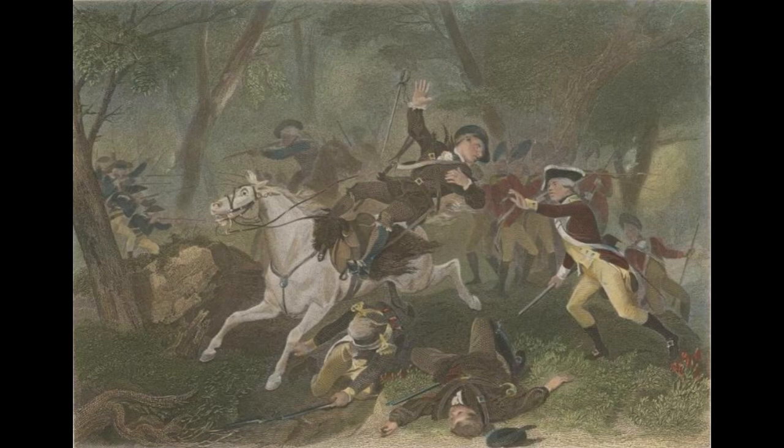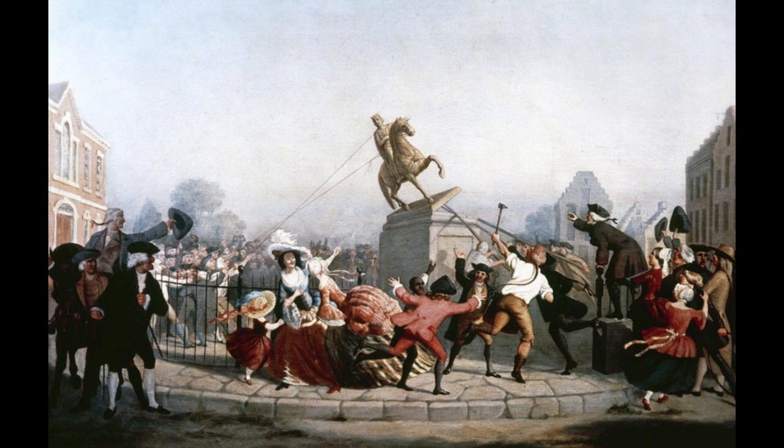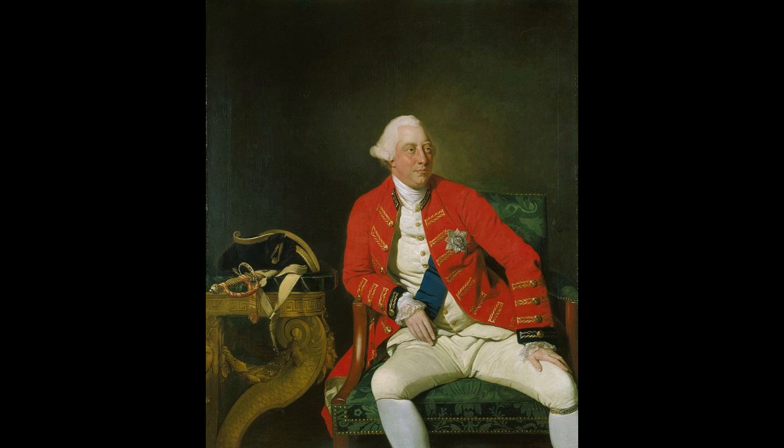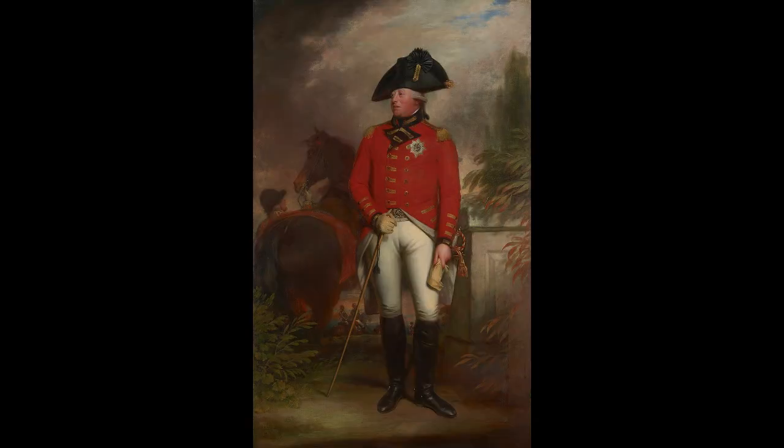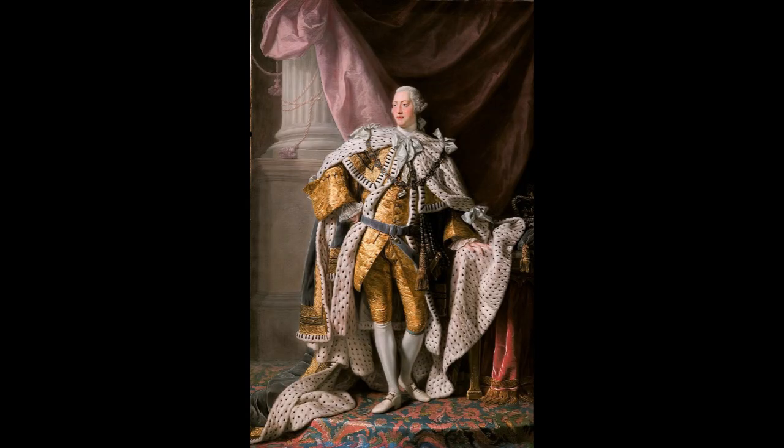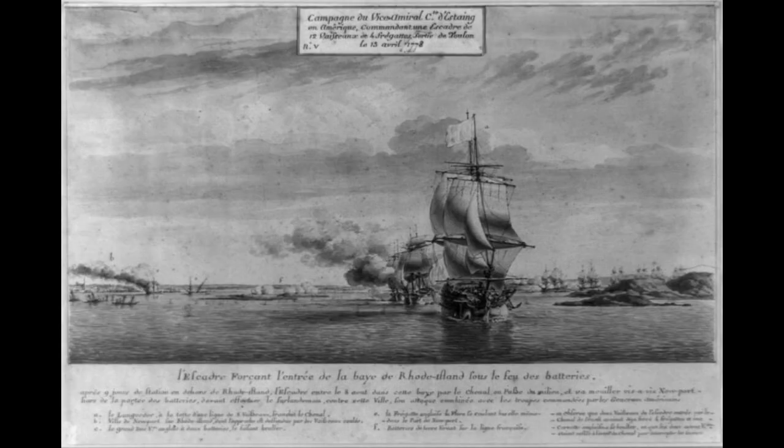In American history, George III remains a symbol of British oppression, frequently cited in revolutionary rhetoric and the Declaration of Independence as an unjust ruler. However, modern historians recognize that his actions were shaped by the political context of the time, and he was not solely responsible for the policies that led to revolution.